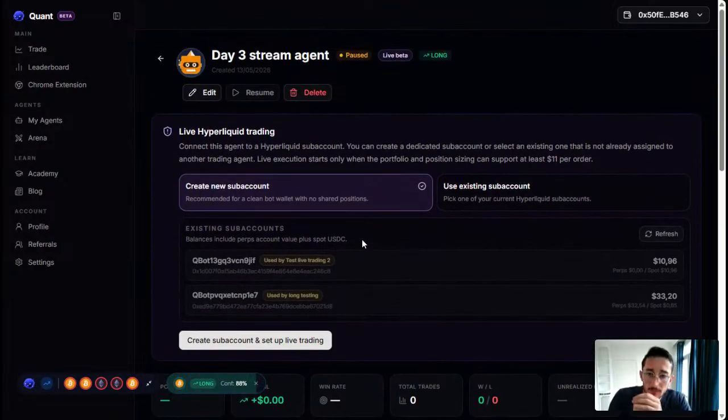So in order to deploy the bot in live trading on Hyperliquid, the way it works is that you create a sub account. I don't want to go into details, as I don't know who exactly is watching this and how familiar you are with Hyperliquid. It's a trading platform for crypto, equity, etc. But essentially you need a sub account. In order to have a sub account, you need at least $100,000 volume on this account. This is not us, this is Hyperliquid. That's how it works. They only allow accounts with 100K volume to create sub accounts.